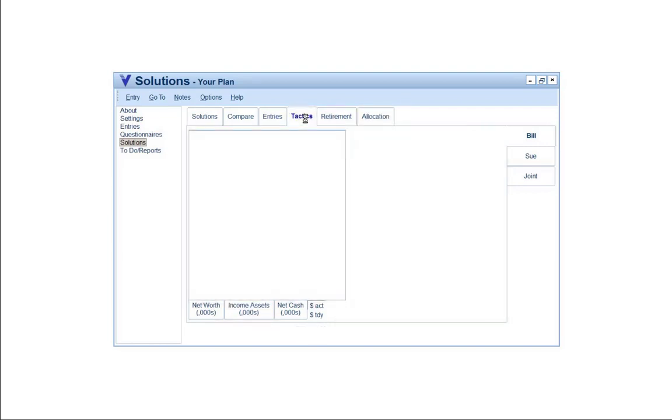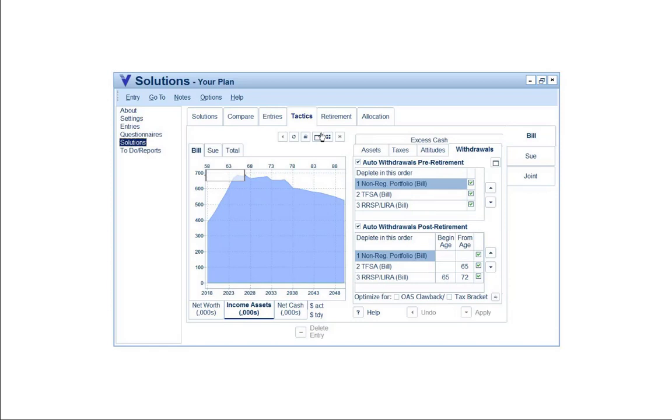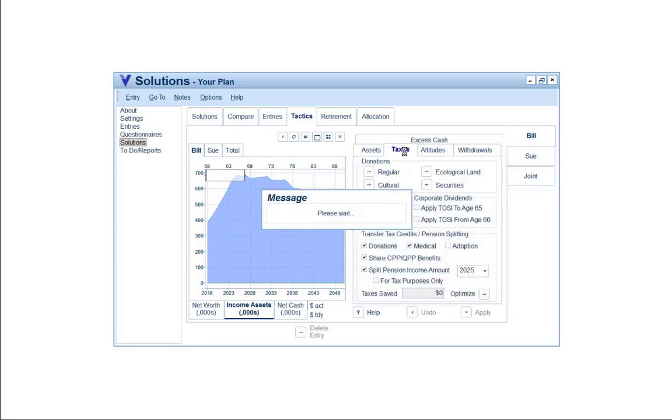So as you know, couples can transfer certain tax credits between each other, donation tax credits, medical expense tax credits. In this case, we haven't itemized any of these. They can also share CPP, a one-time election, and they can also split pension income, which can be done year by year. So what is going to happen here is we're going to click the Optimize button, and the software